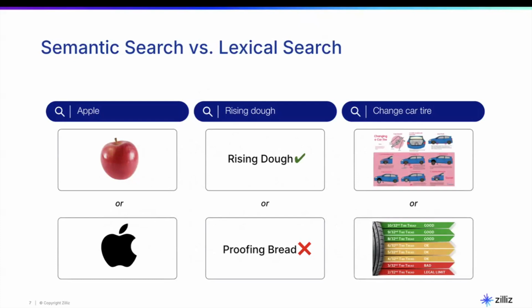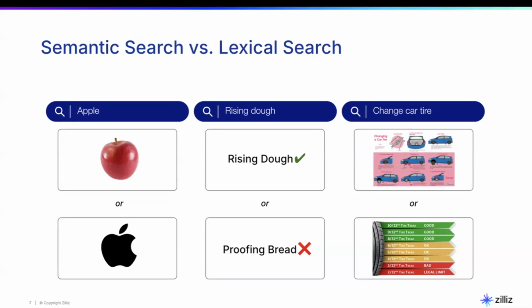One thing I want to mention is that semantic search offers a lot of benefits over traditional keyword-based lexical search. For example, imagine we type Apple into our search engine. Do we mean the fruit or the company? What if we type in rising dough?